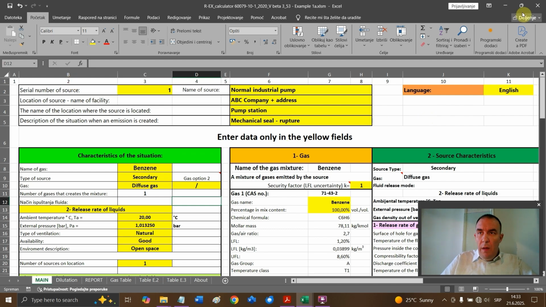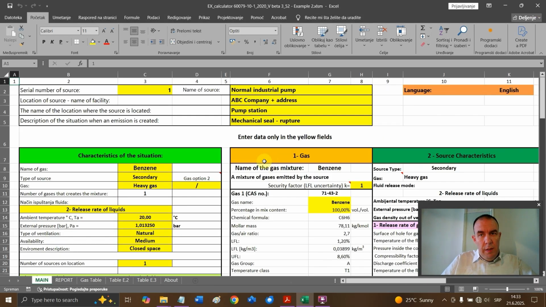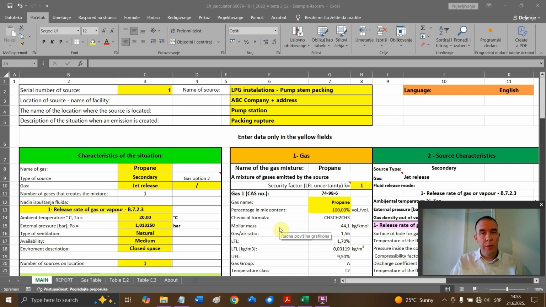So that's it. I will not save. And now I want to show you example number 4 from the standard, because it is a very nice example